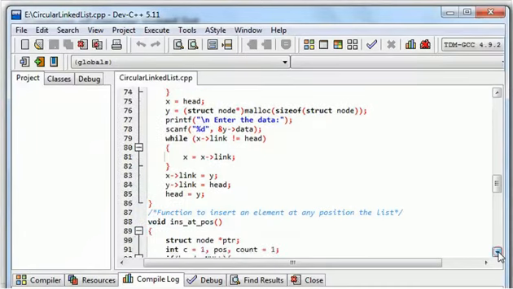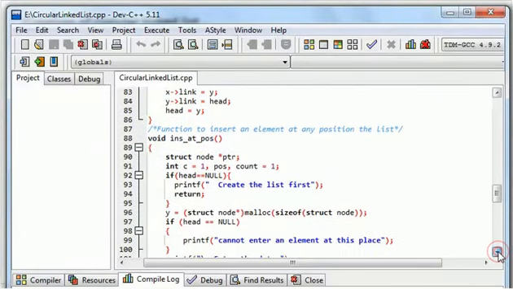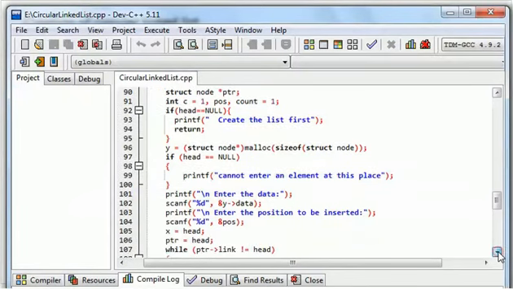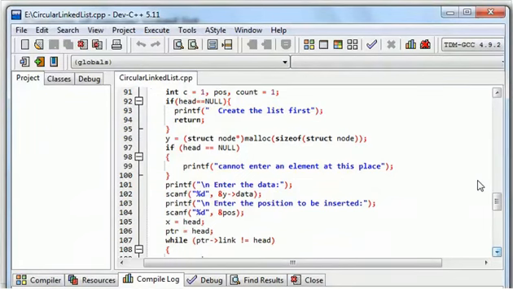Now the next thing is that I want to add something at a particular position. Then what will I have to do? I'll have to count how many elements are there, and according to the position I'm going to move on. Let's say somebody says that count is equal to 3. According to that, I'm going to change the value of the counter. So I have initialized this count with 1. The rest of the procedure is the same.